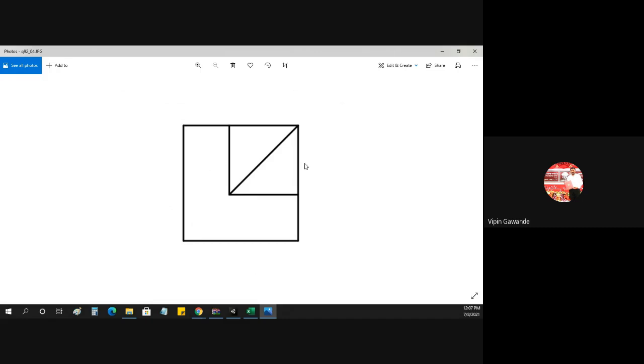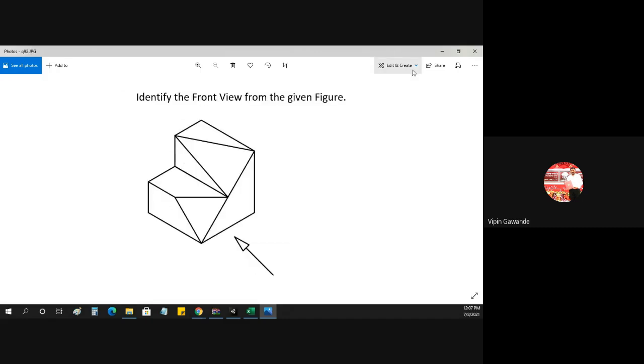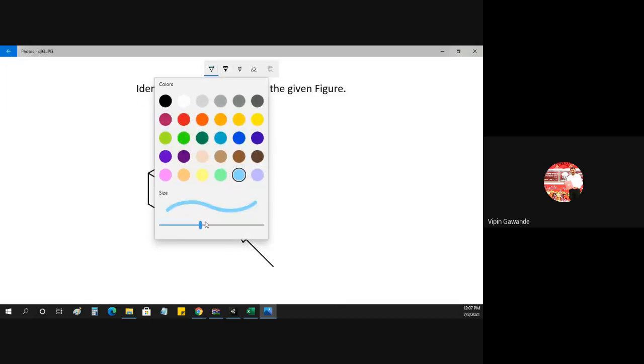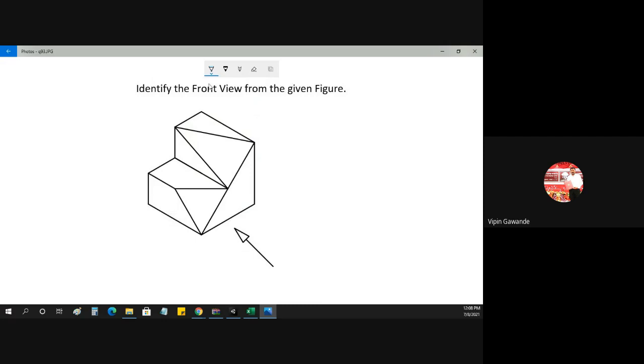Now go for this one. Now see, this is somewhat tricky. For this problem, just again apply the same logic and we'll get the answer. Here they have directly asked for the front view, so we have to draw the front view. In the direction of the arrow, we'll get the front view. Now what is visible in the front view?